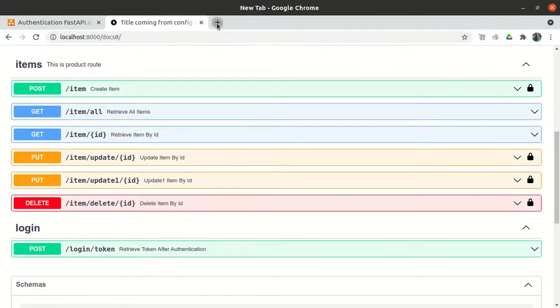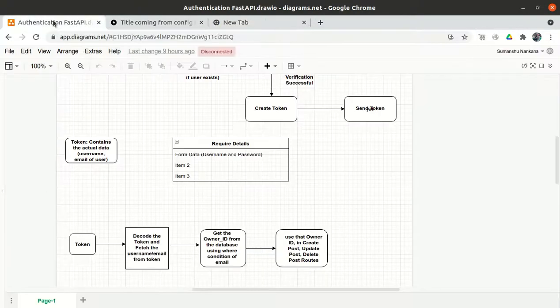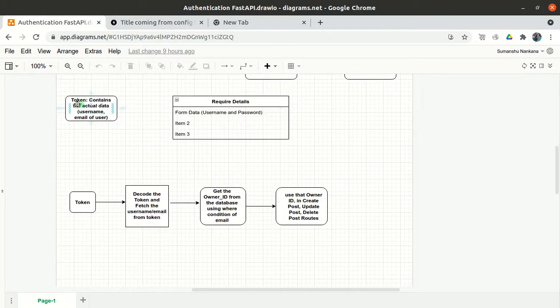So what we will do, I have created one diagram. We have the token, and the token contains the particular email, but the token is in the encoded form. What we will do, we will decode the token, and once the token gets decoded, we will get the email.